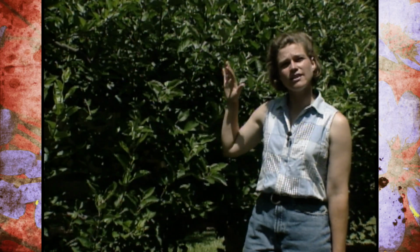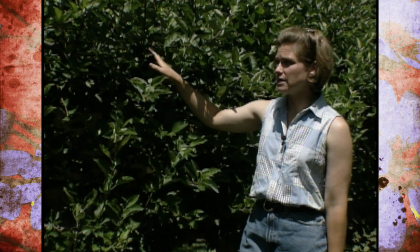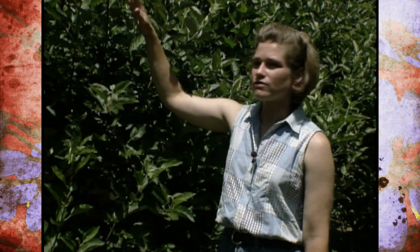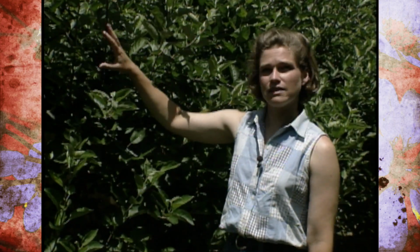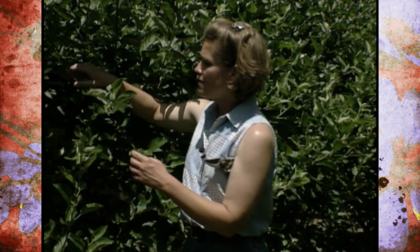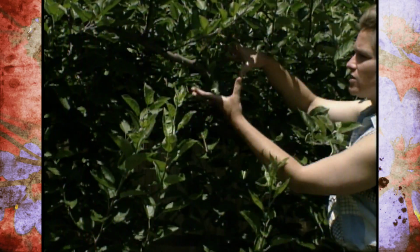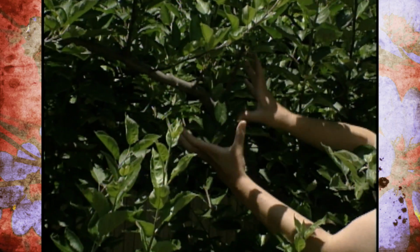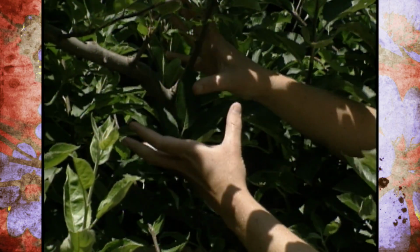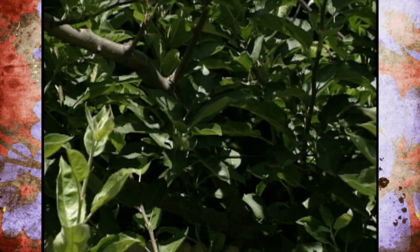Now summer pruning, you're not necessarily doing structural things, but you're just keeping the shape of that tree. Now this is especially important for an Espalier tree because, as you can tell, we've got all of this growth here and we need to get it back down around our stem. The idea here is to have our branches coming along like this, and then we want our fruiting surface to be out here surrounding this branch because we want those fruit to be down close to the branch because they get fed better if they're closer to our main branches here. So what I want to do is come in here